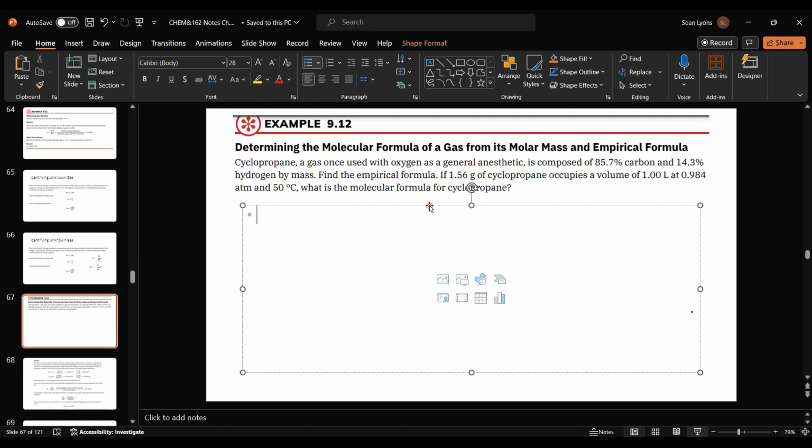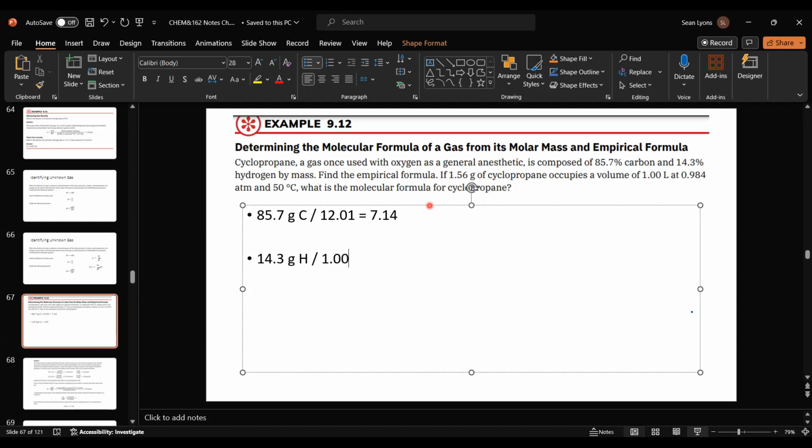So for this one first, remember, we can turn those percentages just into grams. So we'll have 85.7 grams of carbon rather than 85.7%. So we're just assuming if we had a 100-gram sample, 85.7 grams of that would be carbon. And if we're dividing by the molar mass, 12.01, that means we're going to get a value of 7.14. And we can do the same thing with the hydrogen, 14.3 grams, and we'll divide by